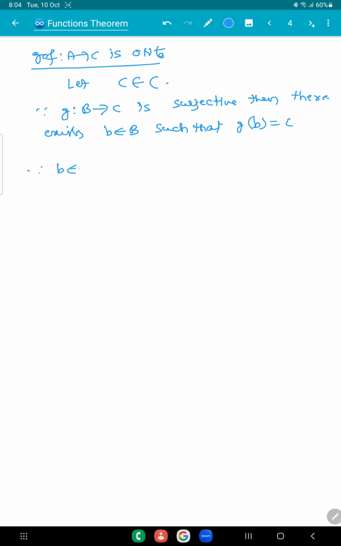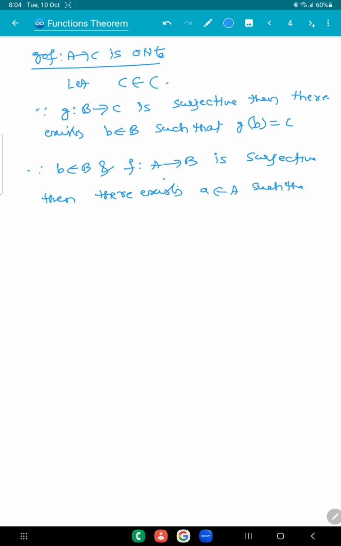Since b belongs to B and f from A to B is also surjective, there exists a belonging to A such that f of a is equal to b. Let it be 1 and this one be 2. From 1 and 2,